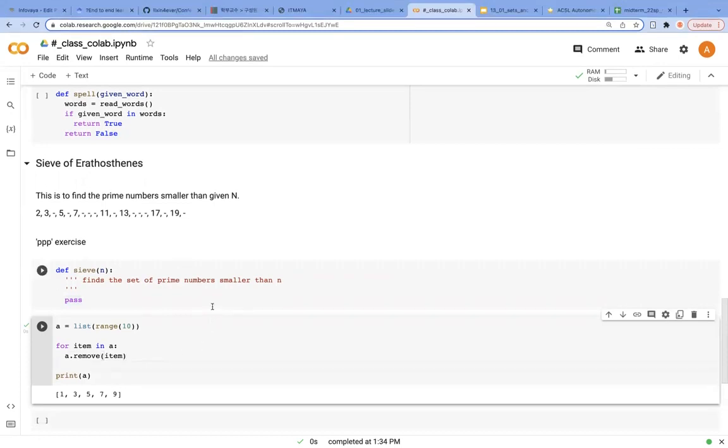All right, let's solve this problem together. Before we move on, I want to make a short warning. You need to be cautious about doing something for a list when you are iterating through this list. Let's say